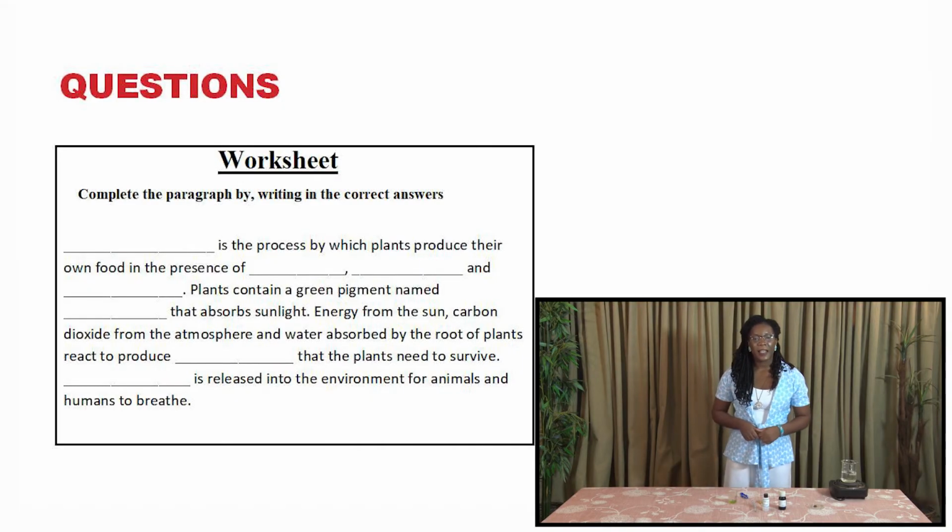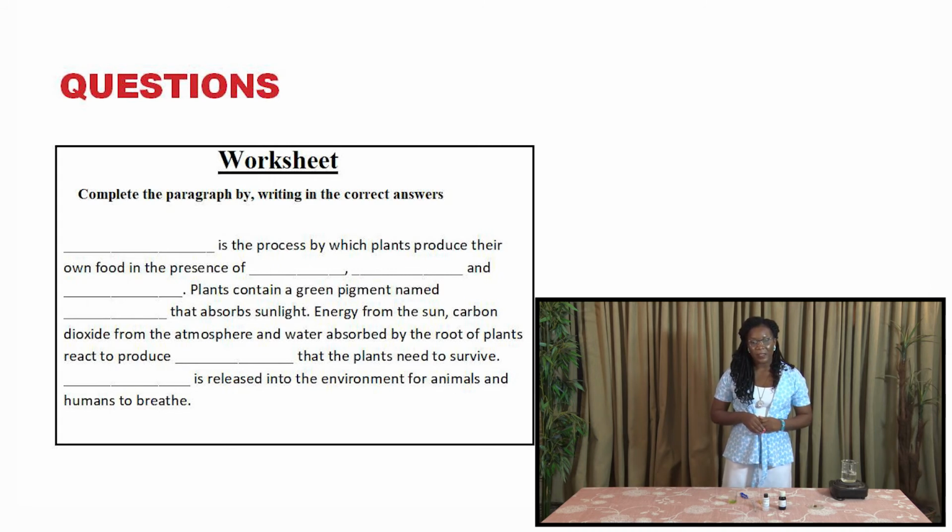Now, let us answer these questions. Complete the paragraph by writing in the correct answers. Something is the process by which plants produce their own food in the presence of something, something, and something. Plants contain a green pigment named something that absorbs sunlight,